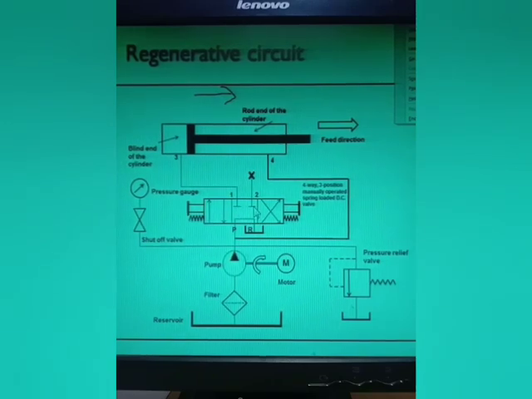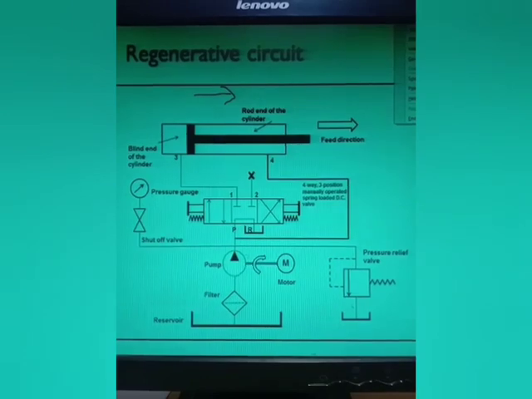Now there is one change in this direction control valve, and that change is very, very important. What is that change in the direction control valve? Generally in a 4x3 direction control valve, how many ports are there? 4 ports will be there. Suppose this port we call the pump port. From the pump the oil will go to this port we call A port, so it will go to the A end of the actuator. This port is known as the B end, so oil from the actuator generally comes to this B end, and this end we call the reservoir.